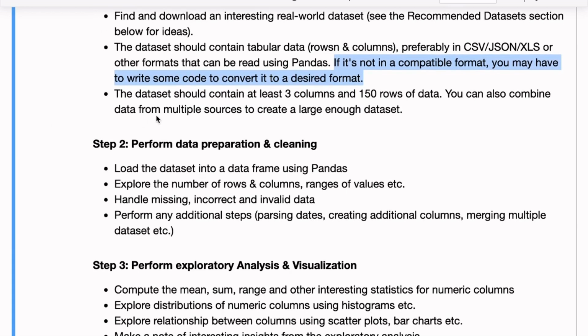Then the dataset should contain at least 3 columns and at least 150 rows of data. This is important so that there is enough in the project. If it is just 1 column of data and 100 rows of data, then you're not going to have enough to showcase when you present this project, let's say while you're applying for an internship or a job. So just pick a data set that is large enough. Now when I say at least, this is just a lower bound. You can pick data sets with tens of thousands of rows of data. Probably bigger than that will slow you down. So restrict yourself to maybe a few thousand rows or 10,000 rows or so.